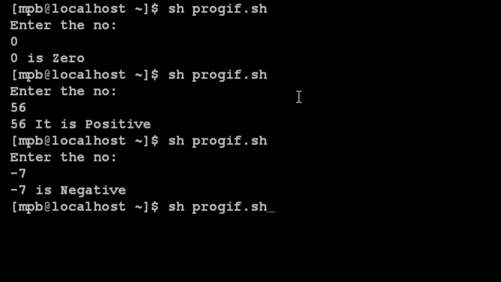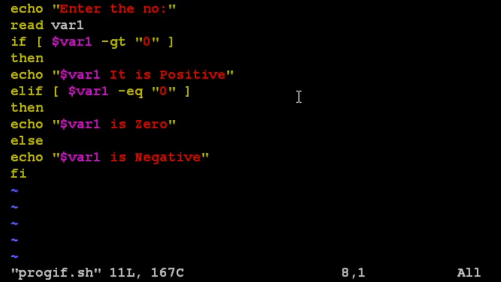So once again see the program. If, then you have to specify condition, then on next line then statement for true condition, then elif stands for else if. In front of that you can specify the condition, then statement for that condition, and then else part will be for all above conditions are false, and this is for false condition. Now like one elif you can insert multiple elif.